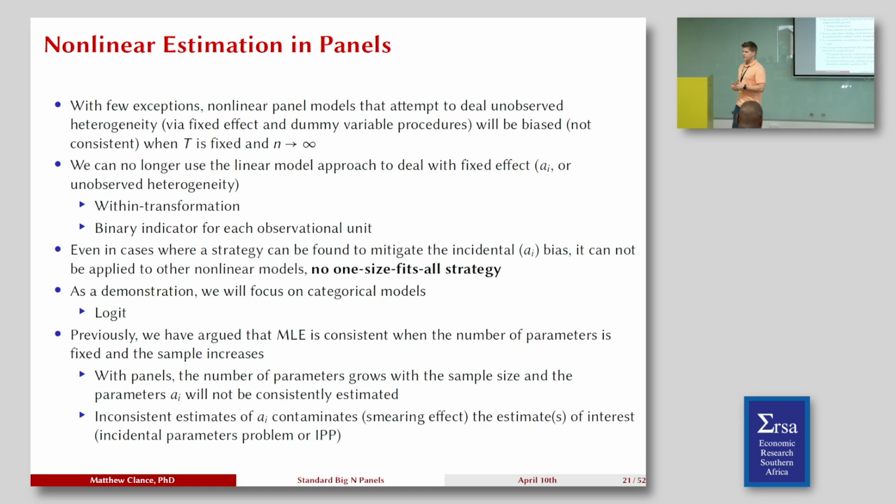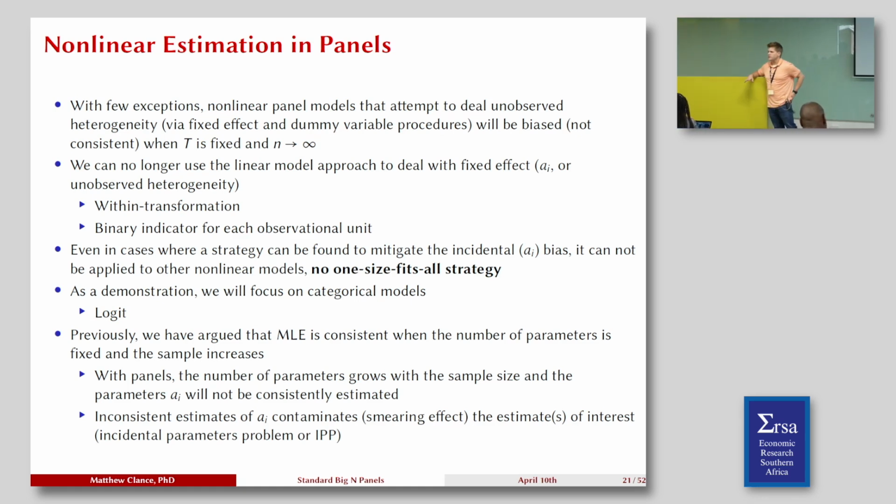To give you an example, under certain conditions, you can go through the book, I don't want to go through all of the types of examples, we have ways of running what we consider fixed effects logit models, in the sense that we condition on the AI term. But by conditioning, we don't actually estimate it. Okay? So that means we're able to condition on it to get an unbiased estimate of the variable of interest,